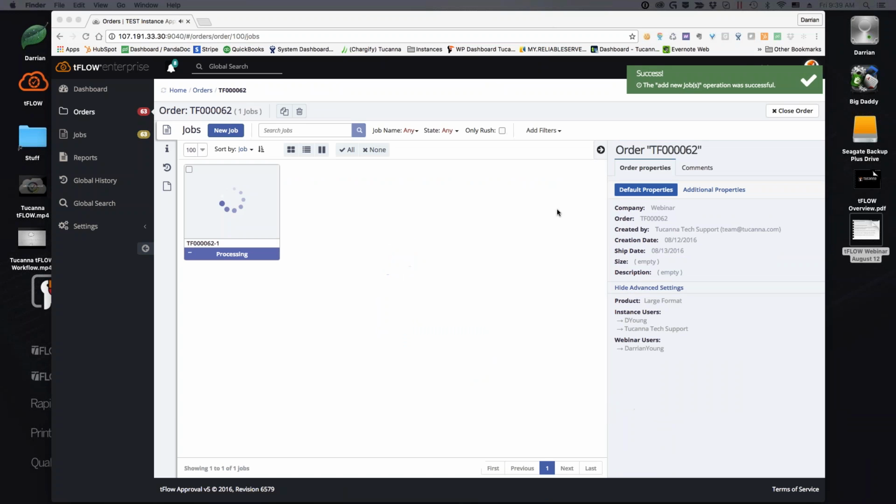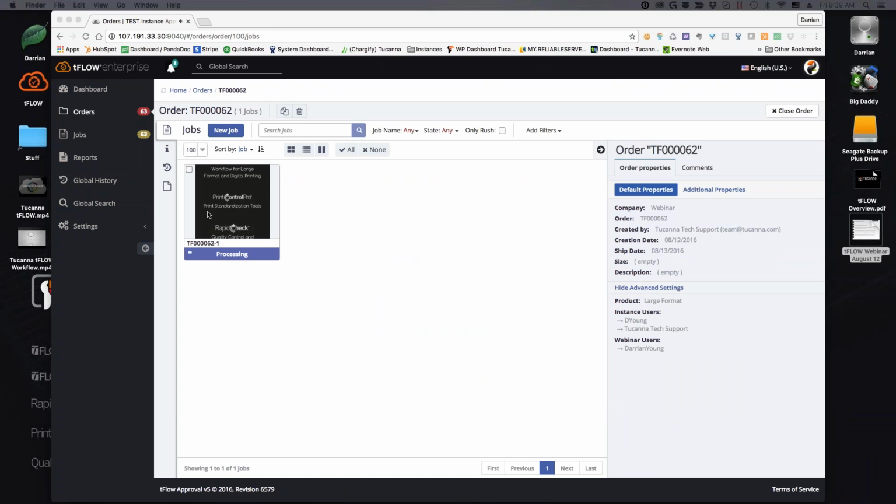And so what this does now is, when it says processing, it's doing several steps, and this is really where the time saving comes in. So we're actually going to be able to jump over, and I'll show you a couple other things in the system here while it's processing, and it's doing the job of what a normal operator would take about 20 minutes to do. So it's pre-flighting the file, it's building up the proof, it's creating the production file, and it's also emailing the customer. So all those things are happening automatically behind the scenes, and that'll take roughly a minute to finish